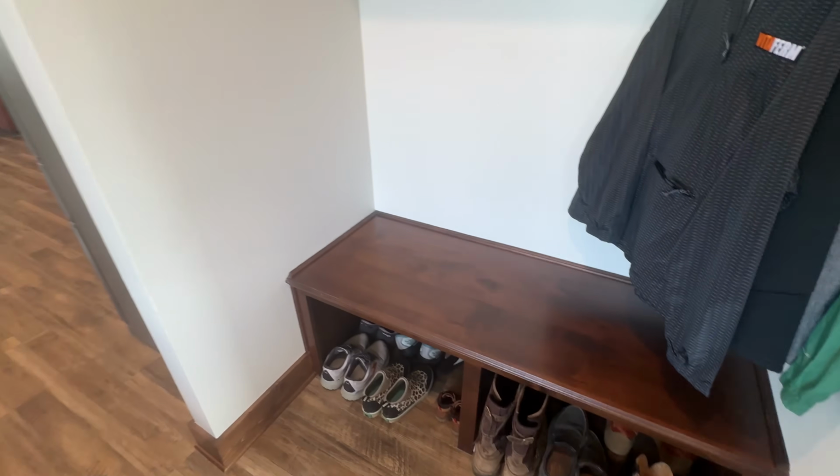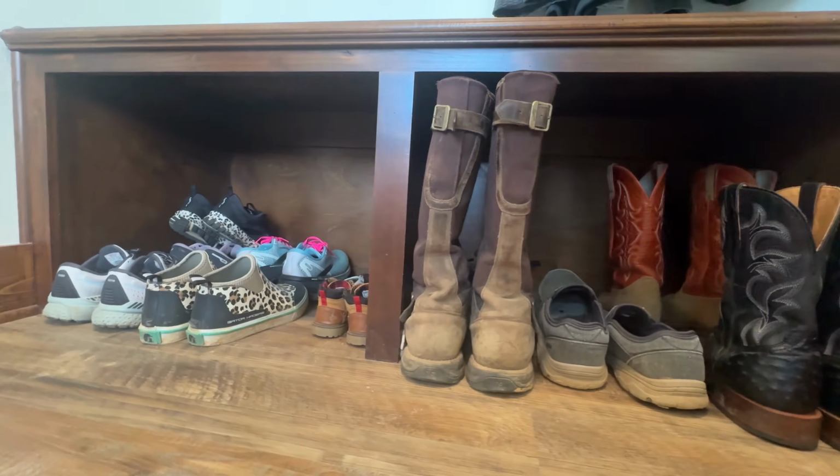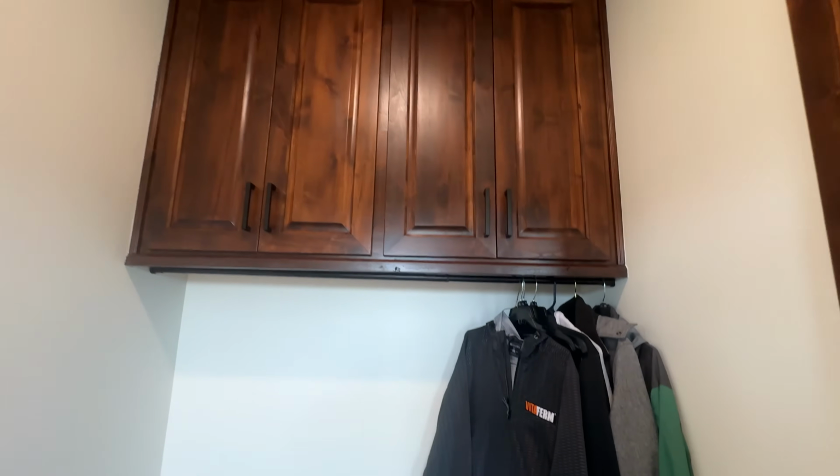We do have kind of a cubby area. We've got a bench area here for shoe storage, so we can come in here in the morning, sit down here, put our shoes on, and then we've got storage up above. And I've got a hanging rod mounted here for clothes and coats and things like that. So we can flow back here into the kitchen, but I'm gonna take you outside and show you the back